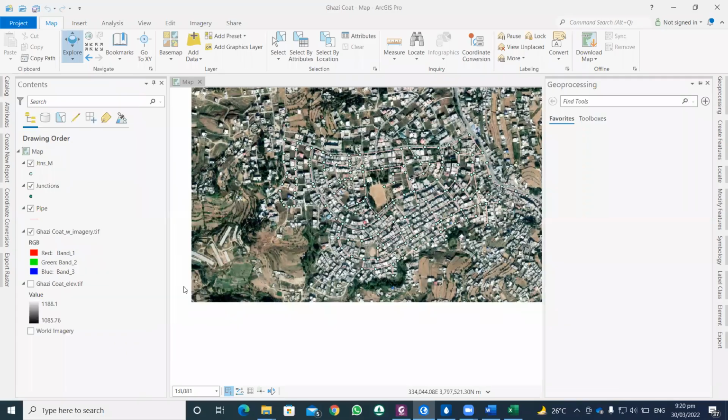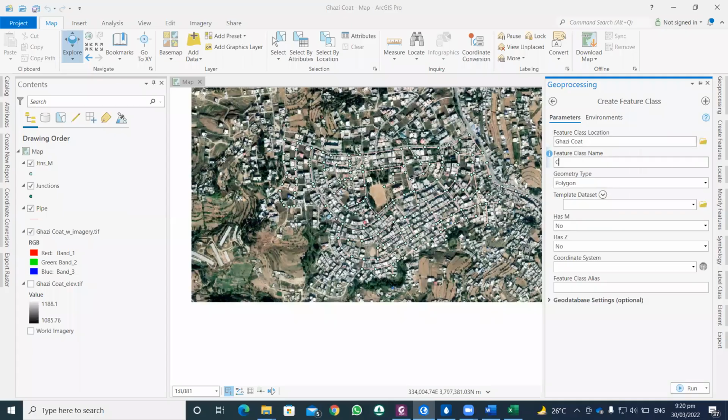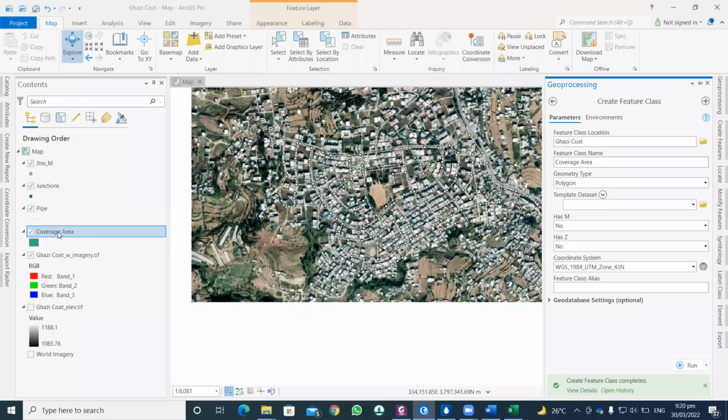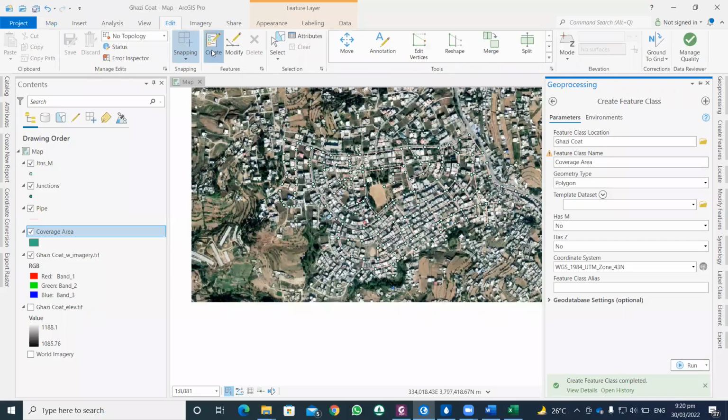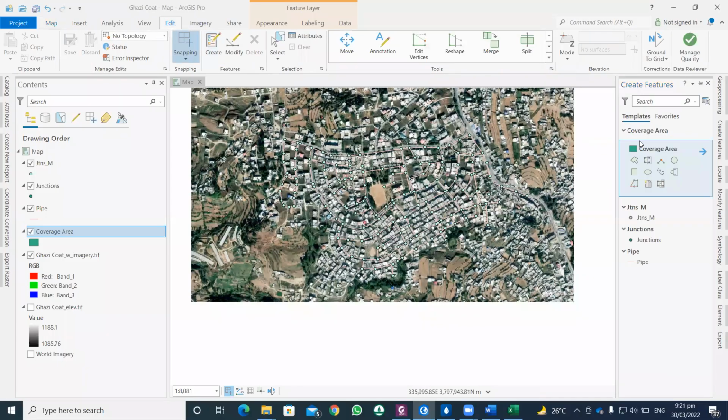New shapefile, coverage area. Polygon, and the coordinate system is UTM zone 43 North. So I will create the polygon. After creating a polygon, I will go to edit, create feature, click on the coverage area,